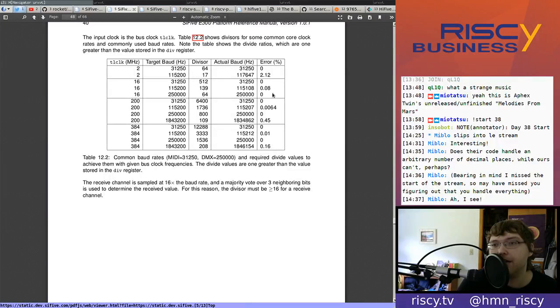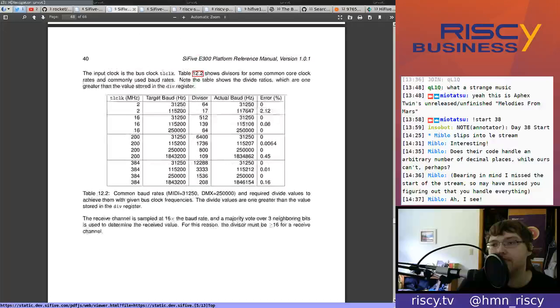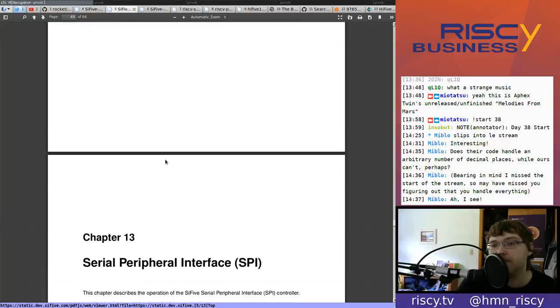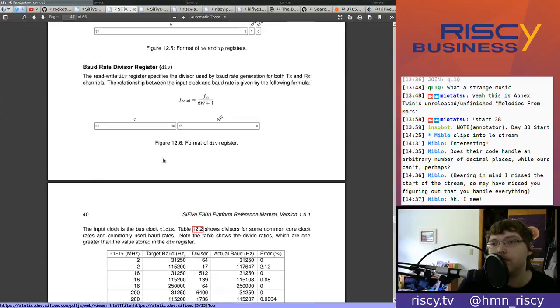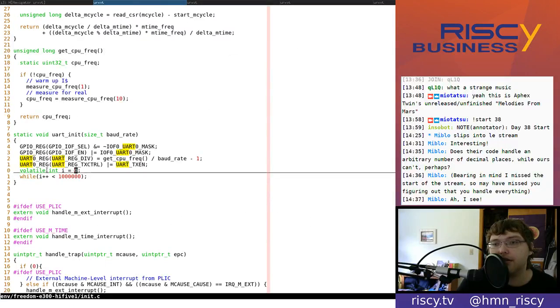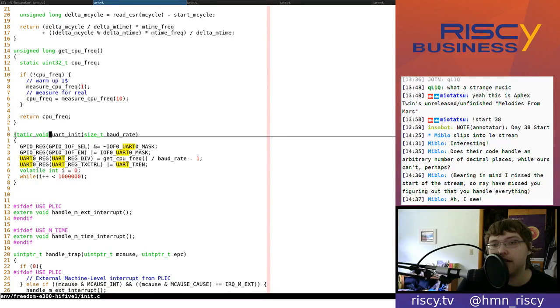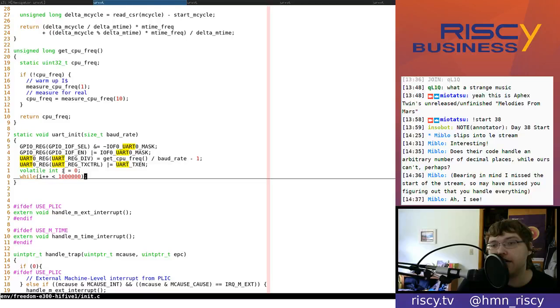And then here we see this table of various baud rates and their divisor values. And then we already know about this. This is just because the UART line needs time to settle before you start using it. So I think we fully understand everything here, other than